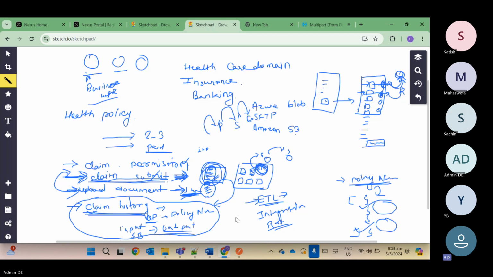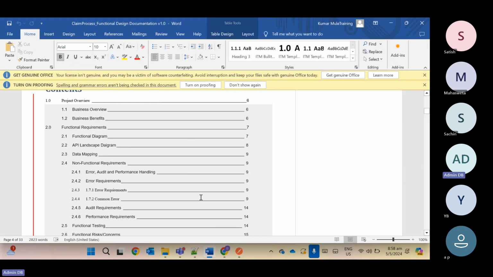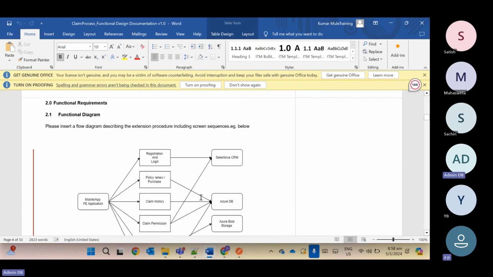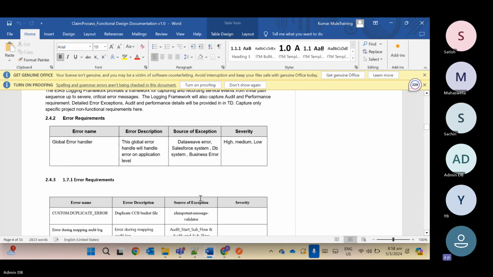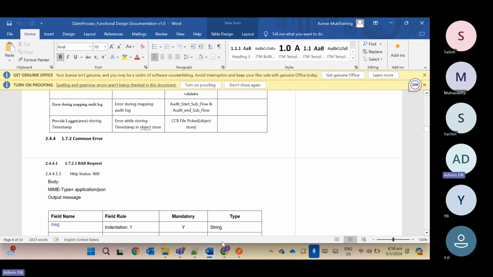I'm not saying about this project, sir. I am saying that the document you shared with us now is not complete, as you are saying, right? Wait a minute. This one you are talking about, correct? Yes, this documentation. Here I have captured everything about the submit claim, correct? Yes. So in the same way you need to create it for